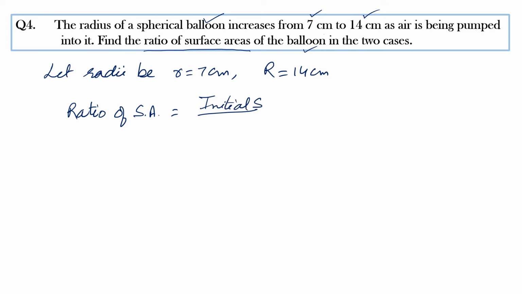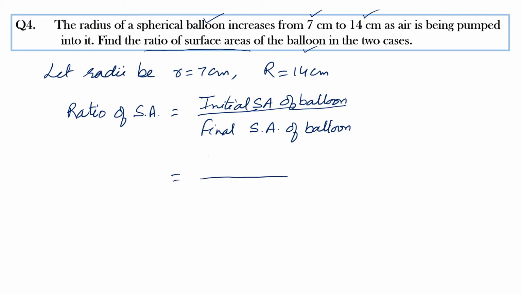Initial surface area of balloon, then later or final surface area of balloon. Now balloon is spherical in this case, so formula for surface area is 4 pi r square. So initially बेटा यहाँ पे देखिए, यहाँ पे initially छोटे वाले रेडियस की बात की थी तो इसलिए हमने इनिशियल सरफेस एरिया न्यूमरेटर में रखा है. तो इनिशियल रेडियस हमारा स्मॉल r था 4 pi r square and final was capital R square. After this 4 pi and 4 pi are cancelled out.